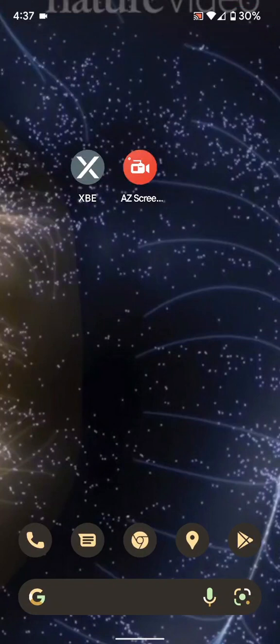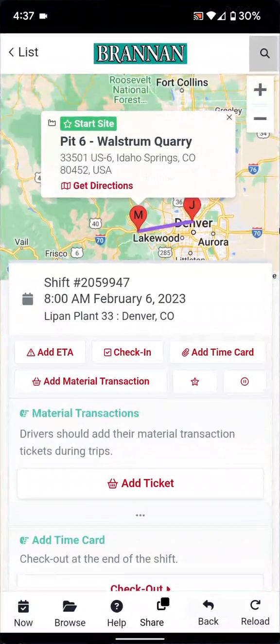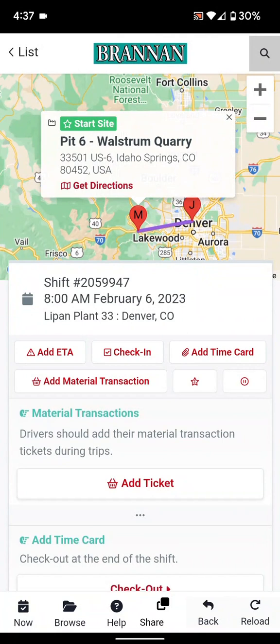We're going to go over a couple of things on the material hauler side. If you open up the XBE app, in this instance I'm looking at one of our internal super tandems hauling from pit 6 to La Pan. Whenever you are doing your warm-up on the truck, pre-trip, you're at the pit, it's just important to make sure